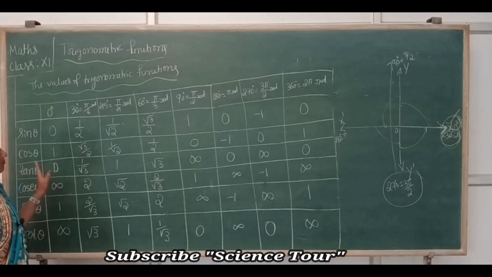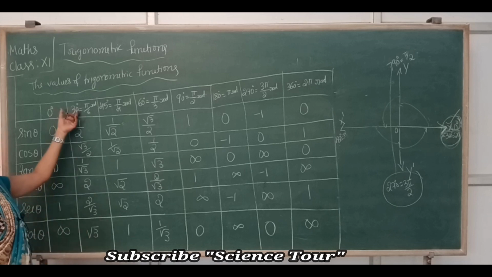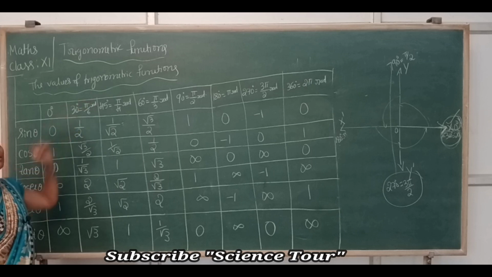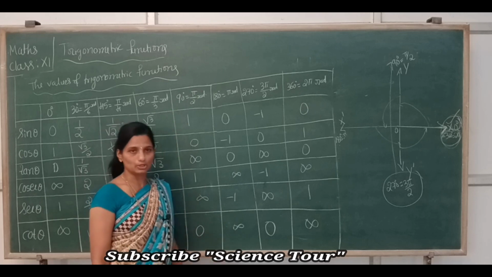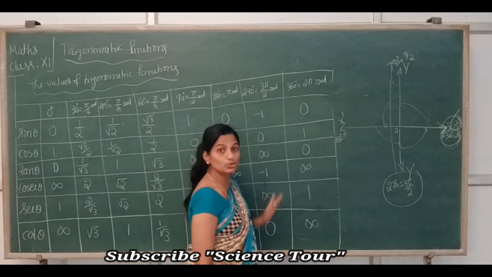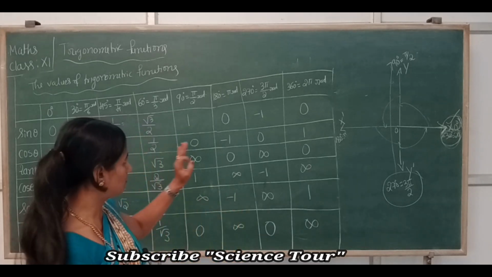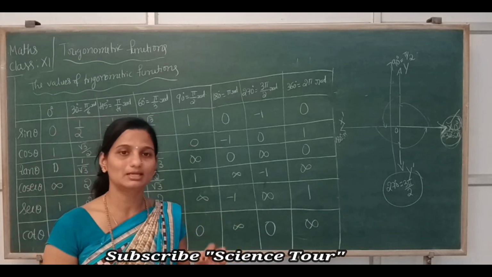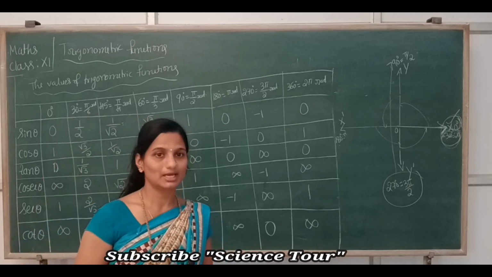Trigonometric functions. Clear this? So now here in first year you should remember the angles in radians. Don't remember 30 degrees. Normally they don't ask to find the value of tan 30 degrees. They'll ask to find tan pi by 6, find secant pi by 2, find cosecant 2 pi. They don't ask find sin 360 degrees. So remember the values in radians. 30 degrees means pi by 6 radian. 360 means 2 pi radian.